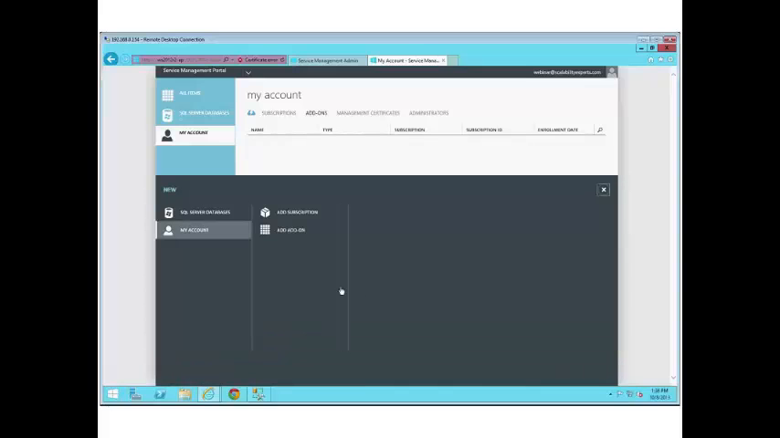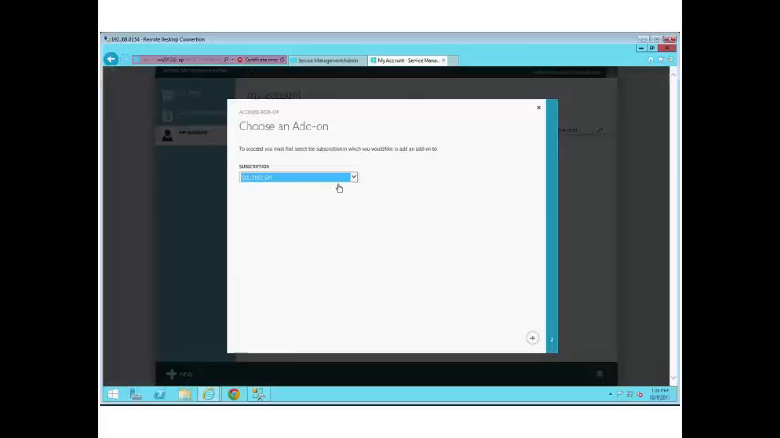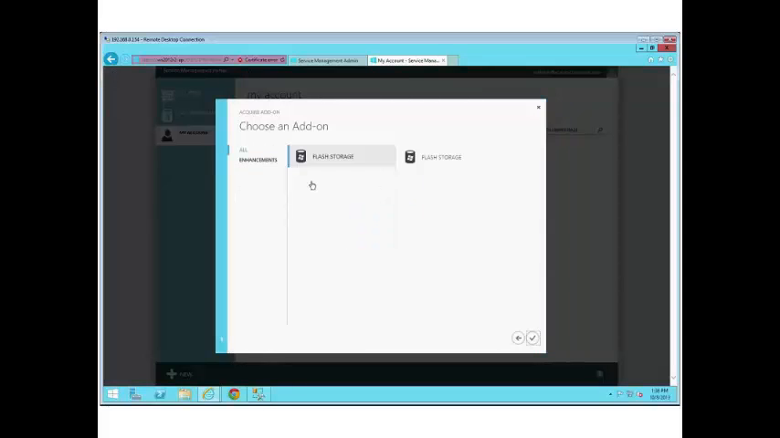This particular demo gives me 2 add-ons for this subscription type. I'm sorry, this one only has the flash storage, but I also have BPE, and I'm going to show you how to associate that when I go into the admin panel. So we're going to add flash storage to this SQL 2012 SP1 subscription. And what that does is when I add the add-on to my subscription, it converts specific databases that I select to utilize their